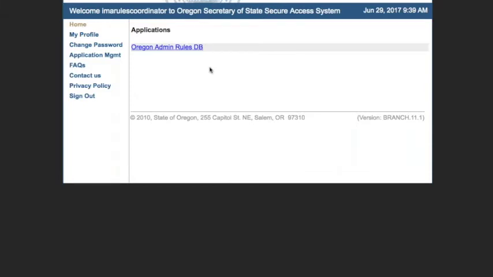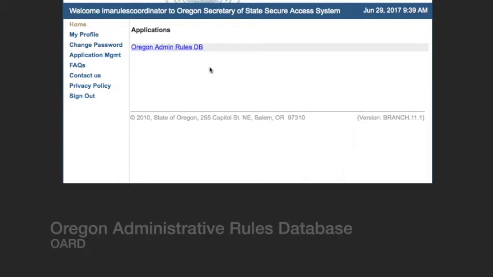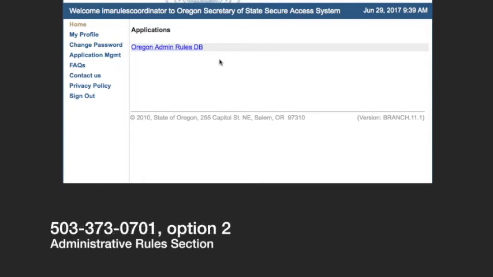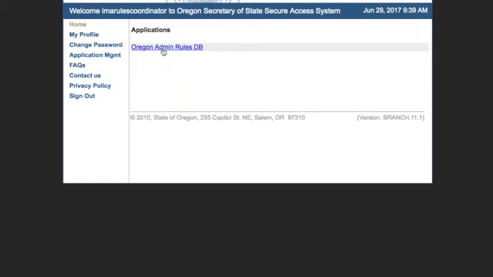And once you've submitted your new form to become a rules coordinator, it also has your delegated signing authority. Submit that once you create your OIM account to the Secretary of State's office. Our office will then give you access to what you're seeing right now, the Administrative Rules Database. So if you come in and you don't see this, go ahead and give us a call, 503-373-0701, option 2 for Admin Rules Publications Unit. If you do see it, that means you've already done that and have access, so go ahead and click in